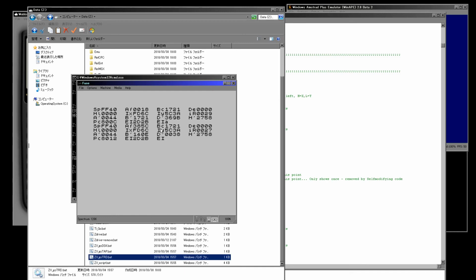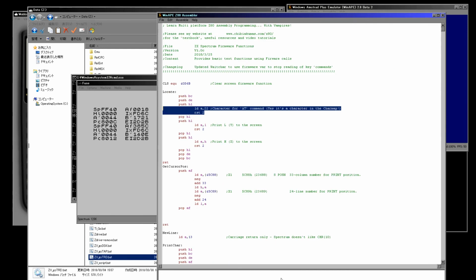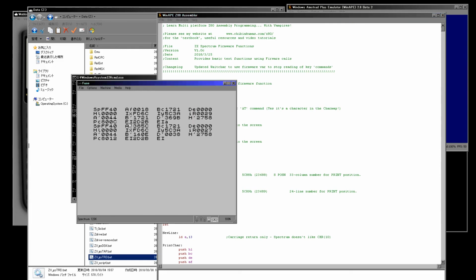Well, you may remember before we were talking about backing up our registers to make sure that the function hadn't changed anything. And what this has done is it's shown the status before and after our function call of all the registers. So now we can just visually compare on screen, and we can see that none of the registers have been changed except for AF, and of course the program counter, which is just the current location in memory. But AF has changed, of course, because we've changed it to a letter A, but none of the others have actually changed. And that does suggest that maybe my code is being a bit excessive here, because I'm backing up all these registers,